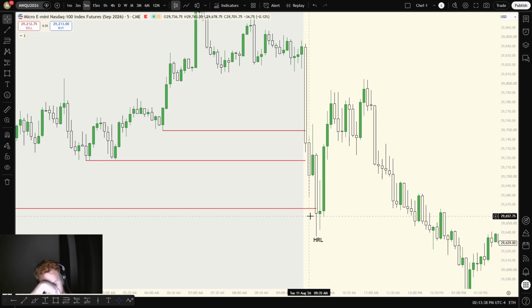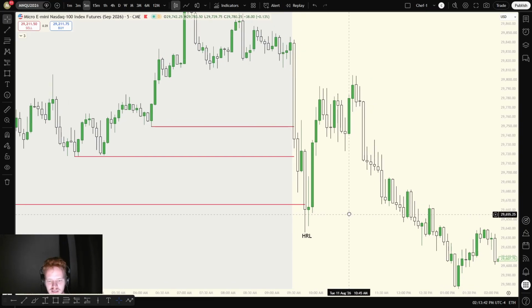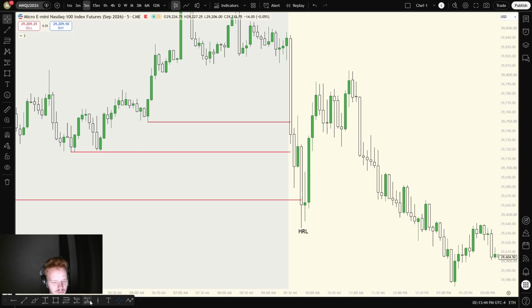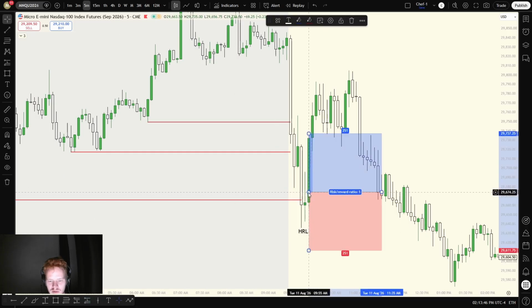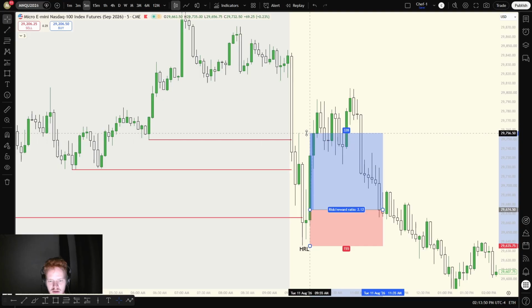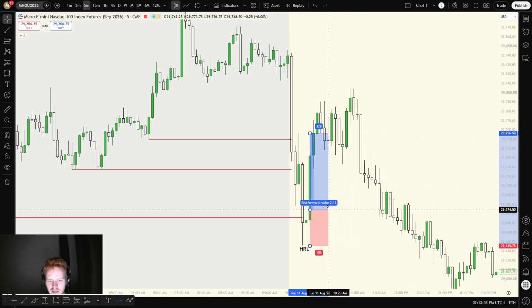Defining support using ICT concepts, and then we can plot a long off here, going to the 1 minute, even 15-second, up to you, targeting recent highs, getting in and out. It is this simple, folks. It is just what's separating you and me